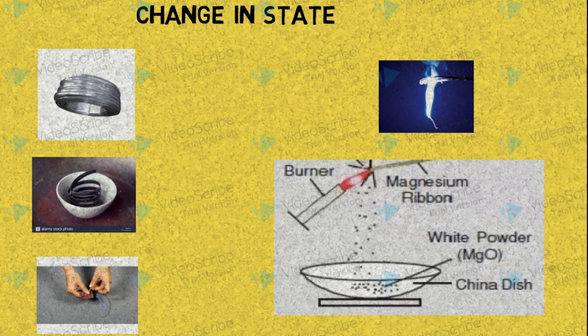So in your exam, it is asked what is the color of the powder which is obtained by burning a magnesium ribbon, and name that compound. So the color is white and that product is magnesium oxide. I will explain this with the help of an equation.